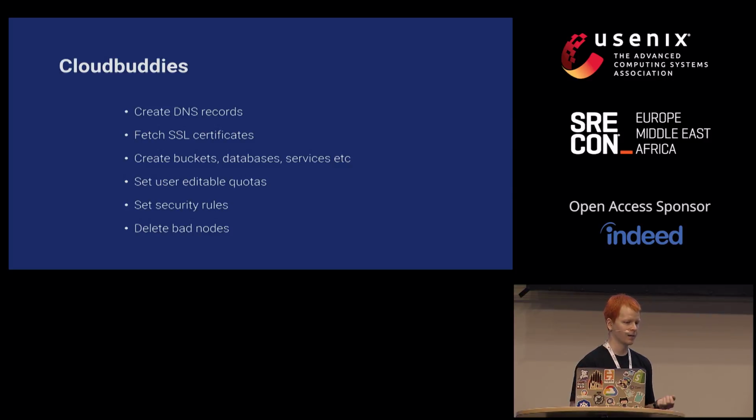And last, you can create stuff like, in our case, node buddy, which looks at node conditions, and if there are node conditions that we deem to be bad, Docker is stuck, network is in a bad state, the controller can just delete those nodes. So we use GKE, so we just call the GKE API. We first drain the node, and then we call the GKE API and say, hey, this node is done, please delete it and give me a new one.